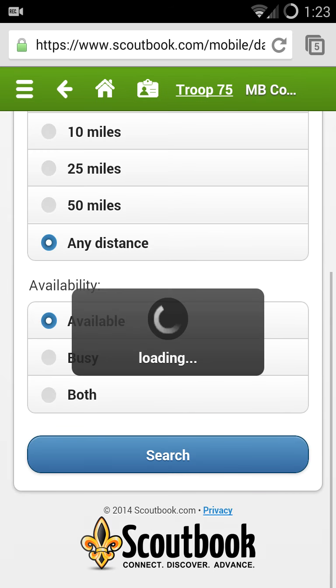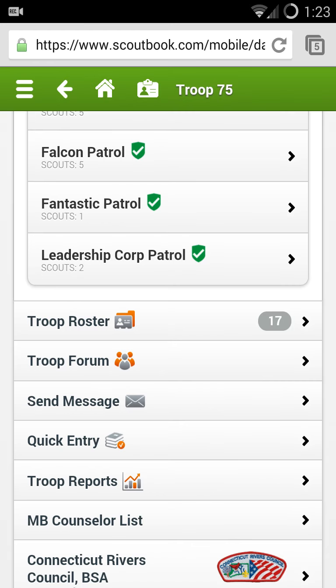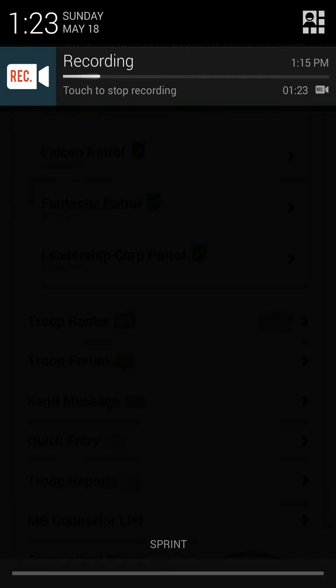And that will be the end of our discussion of the troop screen. Check back in our next video when we get directly into a Scout and doing